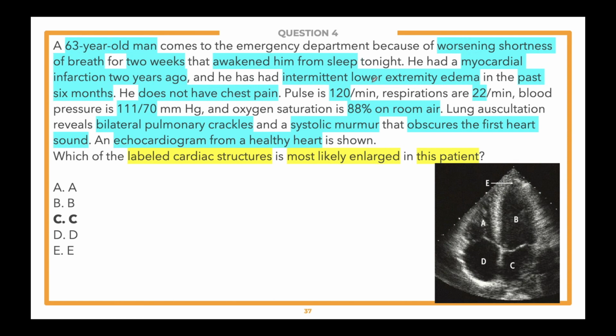That can lead to a few things. That can lead to pulmonary issues. That can lead to atrial fibrillation as well, okay? So the structure that is most likely enlarged here is the left atrium, okay? And sometimes echoes can be a little tough to interpret because it's different than how we normally are used to seeing a heart. But if we take a look at the next slide,